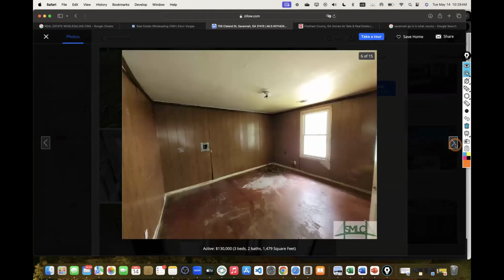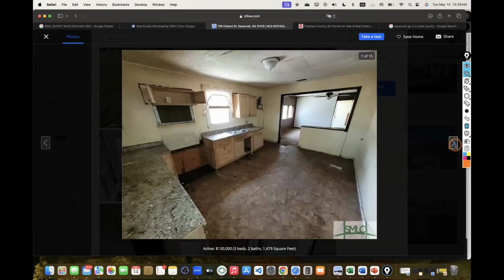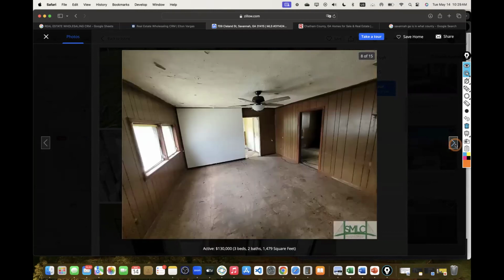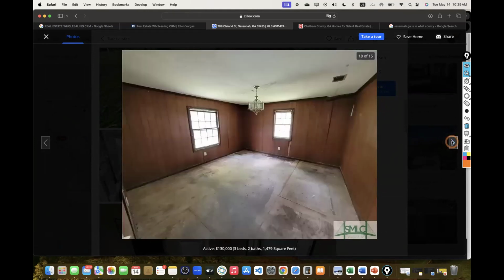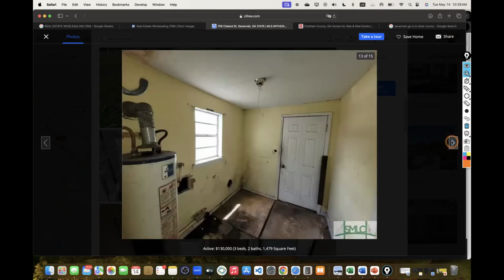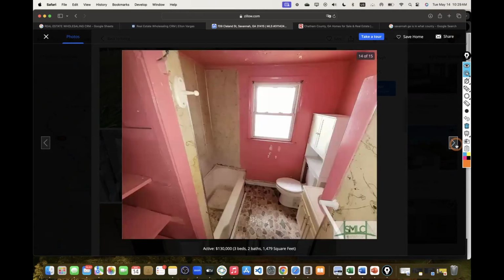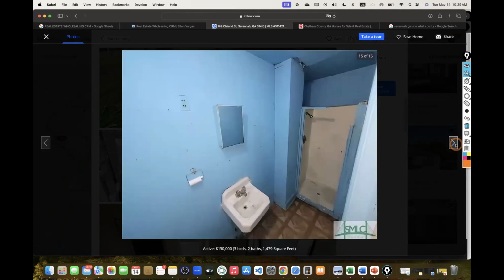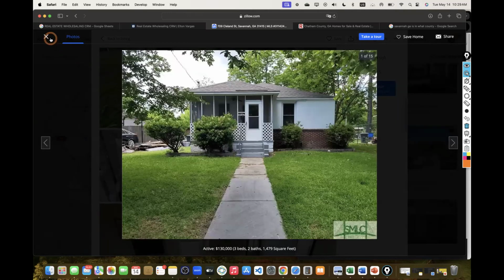Overall, we definitely have to do some painting, some walls, some flooring, some windows, kitchen, electricity or the wiring. I don't know how old that thing is. That might have to be updated. Just by seeing these panels on the walls, that definitely tells me that this probably is a 1960s home, 1940s home. What else does it need? Bathroom for sure. I'll definitely have to update that water heater. There you go. There's the bathrooms, now walk-in shower.